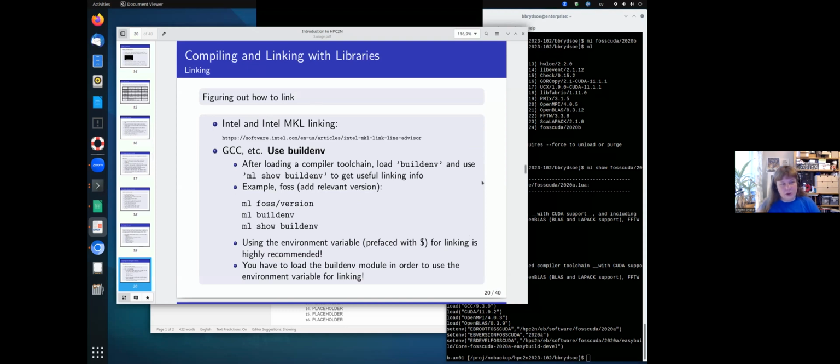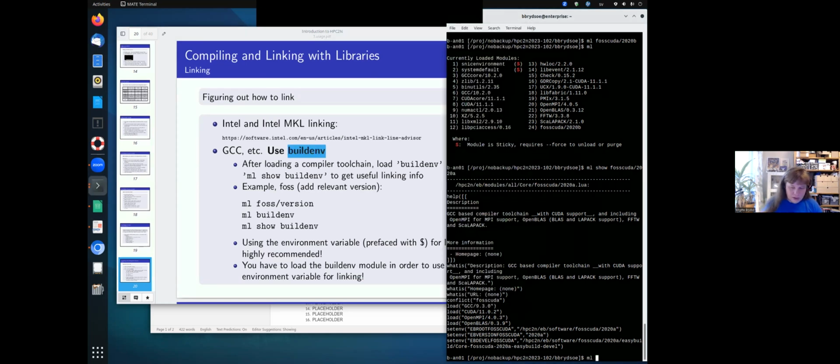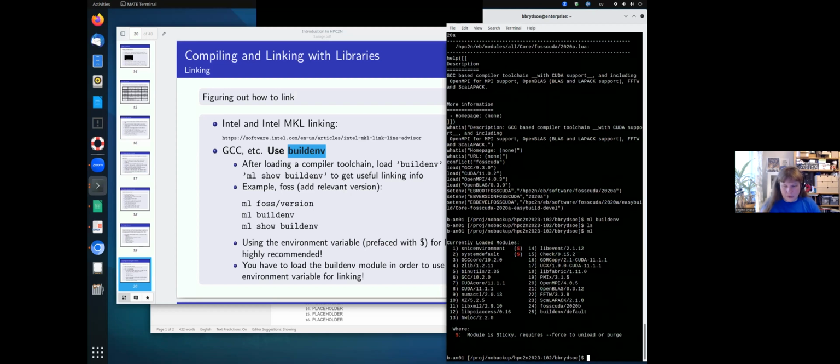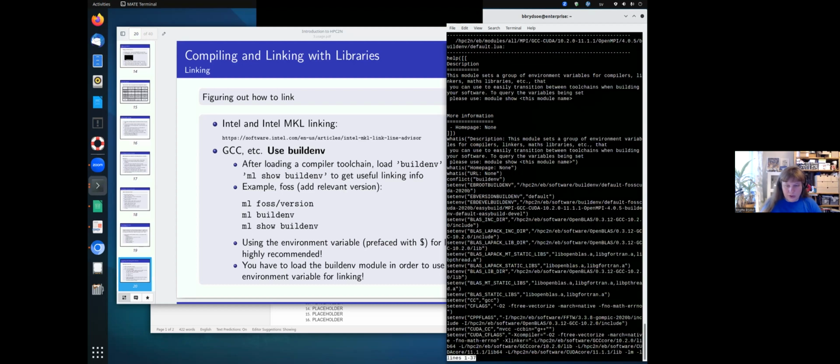And let's assume that you're compiling something yourself. Then you might want to know how to link with the libraries. And an easy way of doing this is to use something called build-env. That is a module, and you can load it. There's ml build-env, and it loaded that. I wanted to do ml. You can see it loaded the build-env. And the good thing is now when you say ml show build-env, it will show you not just what it looks like when you're loading it, but also which other